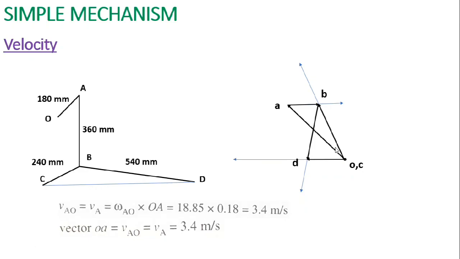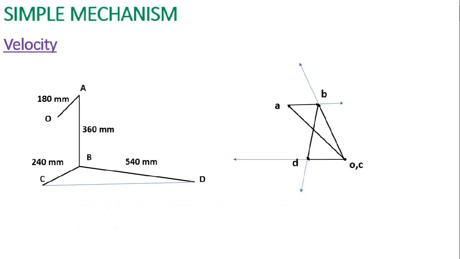So now this is the velocity polygon. From this we'll measure and find the different velocities of the links. So velocity of the link AB will be the vector AB. Measuring this comes to 0.9 meters per second. Velocity of the link BC will be vector CB, that is this vector, and measuring its length, it will be 2.8 meters per second.